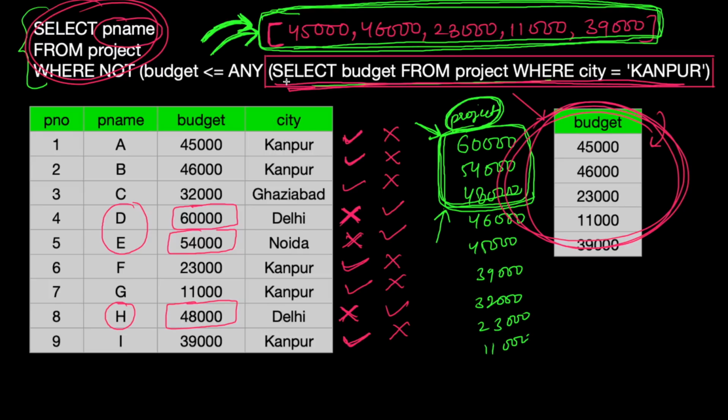In this particular question, we executed the inner query, after executing it we selected the whole data, and then we used this data to solve the outer query. These are the steps that we performed in the previous question.